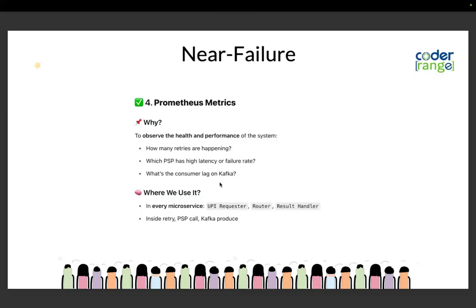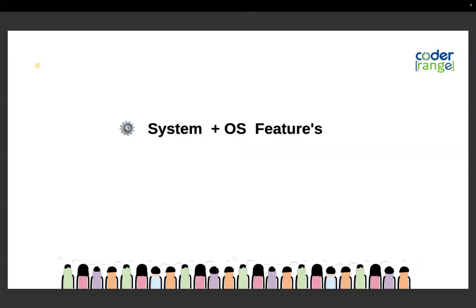In this system, Prometheus metrics are very important to observe health and performance: how many retries are happening, because we improve the system through this process, which PSPs have high latencies, and what the consumer lag in Kafka is. And for every microservice, that is the requester, router, and result handler, what's happening there, we also see. So this is a core engineer or